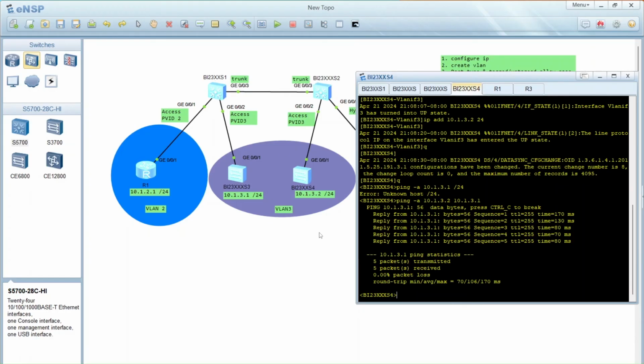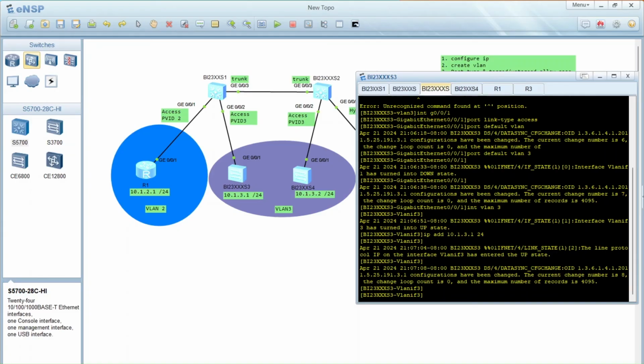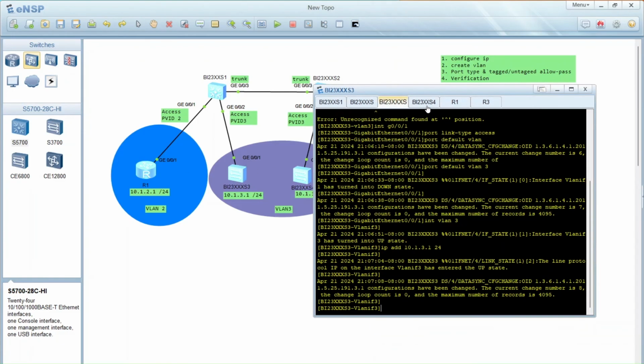So we just assume now they are both successfully on the same VLAN 3 and also the same subnet. So they actually should be able to communicate, or you can go into ping from switch 3 also. Okay, so now you have already done the lower layer. The next step, you are going to move to something more complicated on your switch